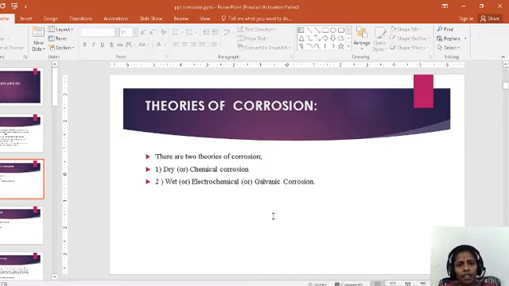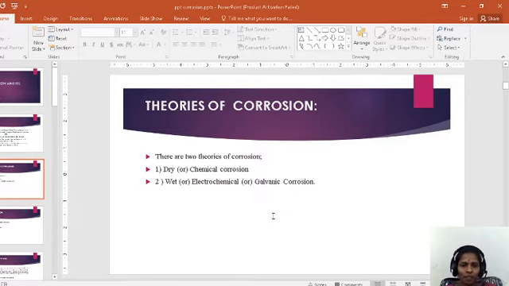So the next topic is the causes of corrosion. Why is the metal reacting with the unwanted impurities in the environment? What is the reason? Because metal does not exist in the environment in the pure state. In the earth's crust, metal is not existing in the pure state. It is existing in the ore form. That is, metallic ore is existing in the earth's crust, but the pure metal is not existing in the environment.